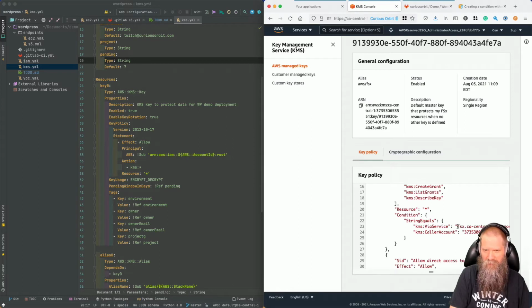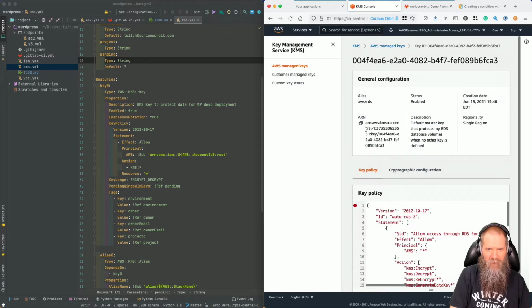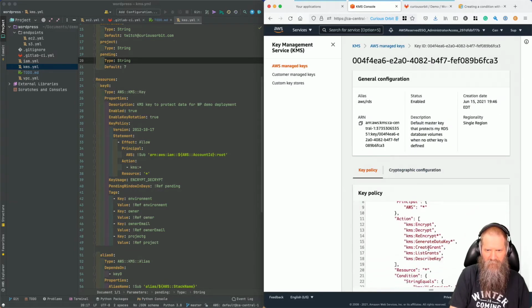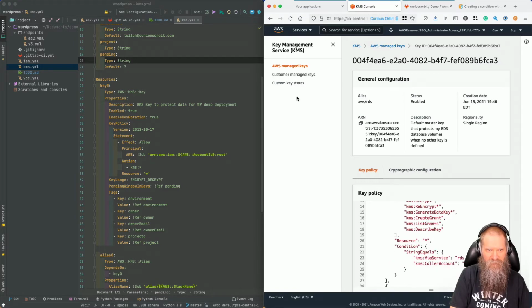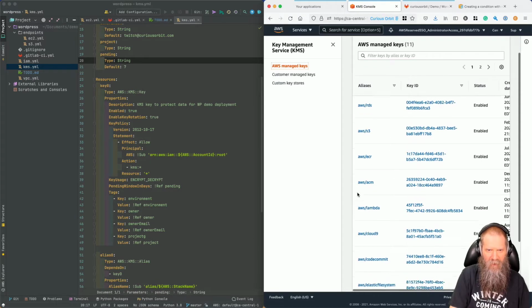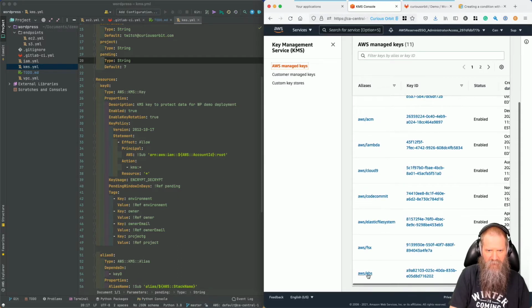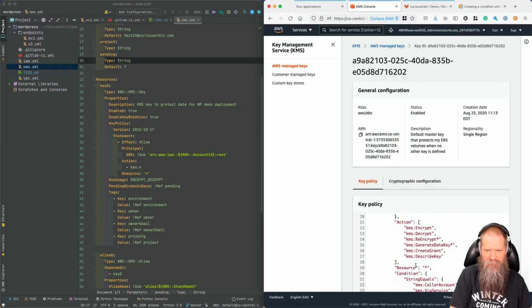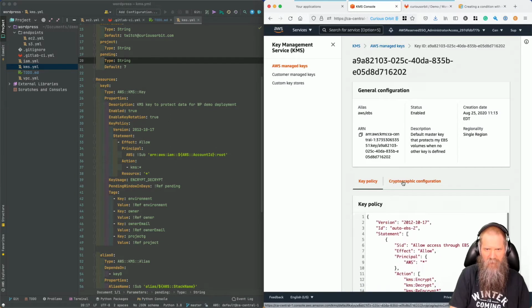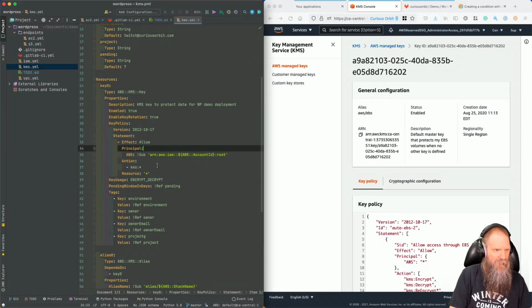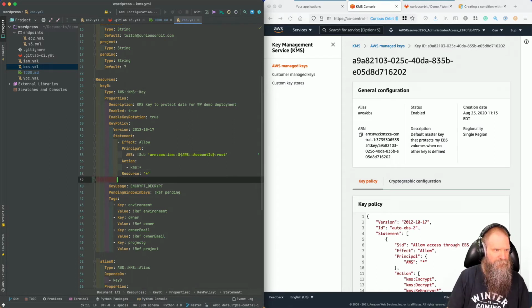So I think what we're going to try to do is tie a bunch of services together, because if I look at these, we've also got RDS, right? Pretty much the same thing. We'll double check all these. You can see the only difference is really where it comes from. And then if we look at EBS, right? This comes from EC2. So I think what we're going to do is we're going to add another statement here. And we're going to say effect